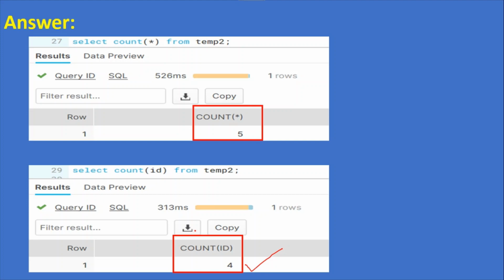Here we have only one null value, that's why it is 4. We have one more value that is a single quote without any spaces. In Snowflake, that is not a null value, it is a valid value. That's why we have only 4.